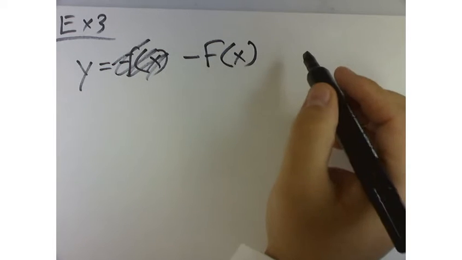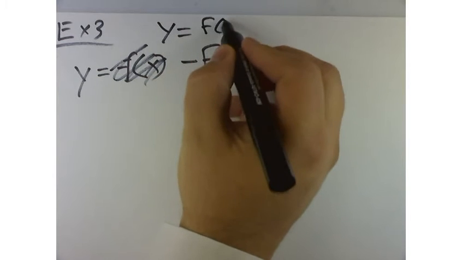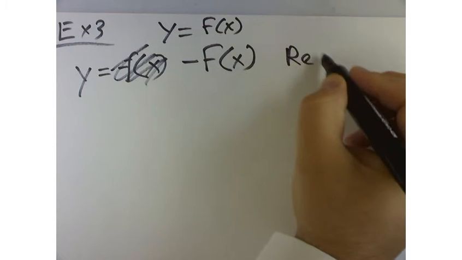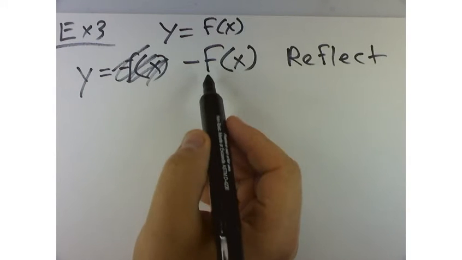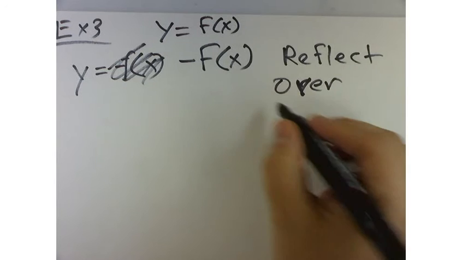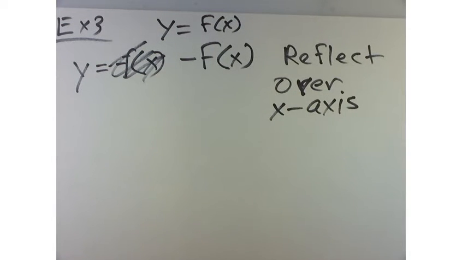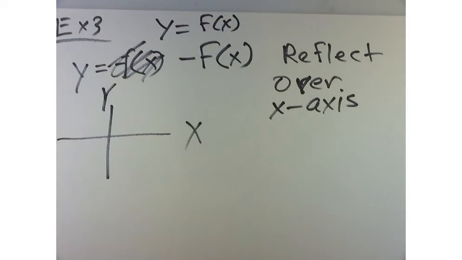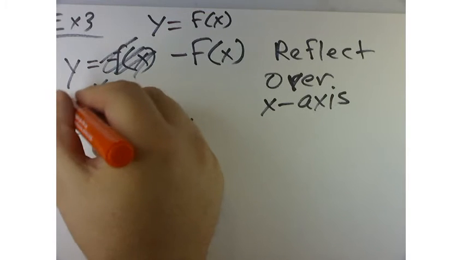But when we're transforming, when we're reflecting, if I have the equation y equals f of x, and I want to reflect that over the x-axis, I just take whatever the y value is and I take the negative of it. Okay? So, for example, if I have a graph like this, and my original function looks like this,